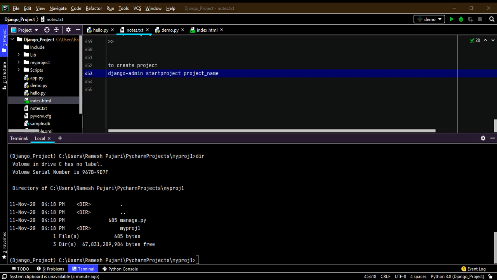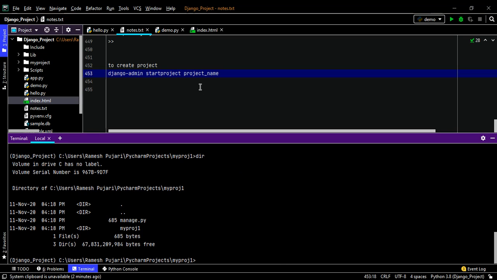Next, after creating the project, we have to create the app. The project contains all the applications, meaning the configuration related to Python. To run the applications, the project will contain all the configuration files.